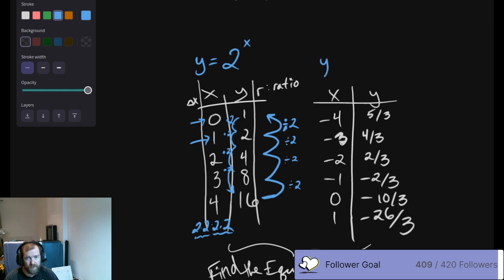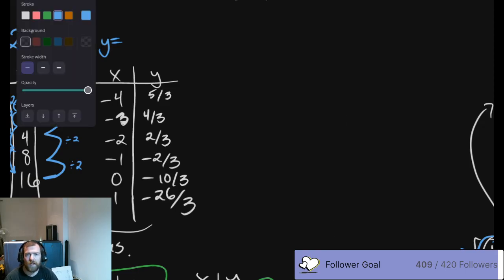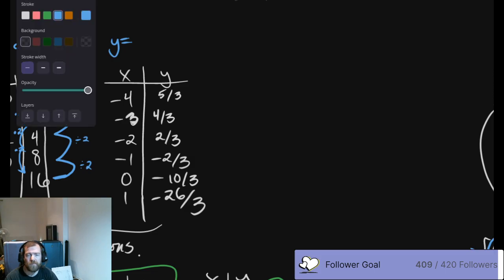Okay, this one is going to be significantly harder, but there is a specific way that I've been training my students for quite a while. And that is to look at the individual distances that this is away from something and see if there's some sort of recognizable pattern. So in this particular case, sure, everything's multiplied by a third from a whole value. Okay, we can deal with that later.